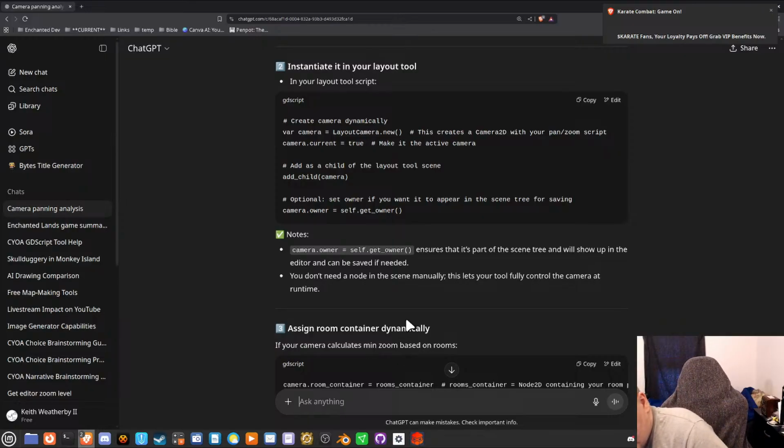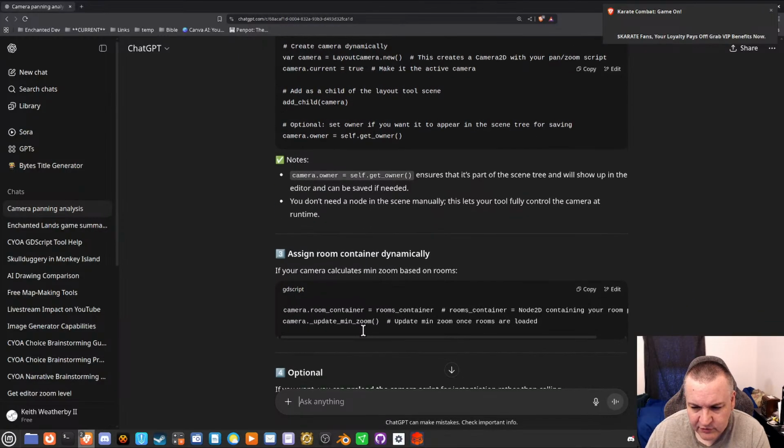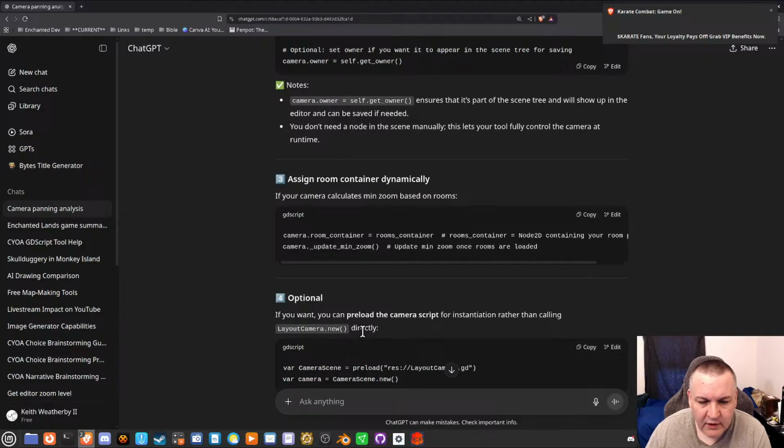Yeah, that's fine. Can remain in the scene tree. Let's see, it doesn't appear in the scene tree unless I actually set the owner, I believe. Part of the scene tree will show up in the editor. It can be saved if needed. You don't need a node in the scene manually. It lets your tool fully control.